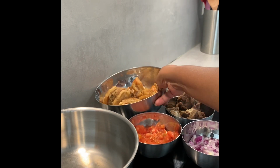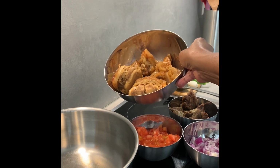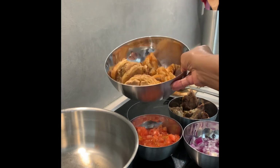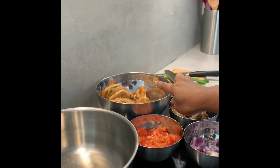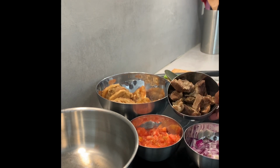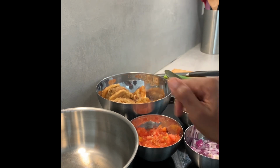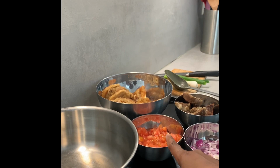So we have beef cow feet here that's cleaned, chopped and ready to be cooked. It's already softened up. And this is just your fillet meat that I would like to mix with. Some cook it plain like that, and it's a very simple menu. Again, we only have onions